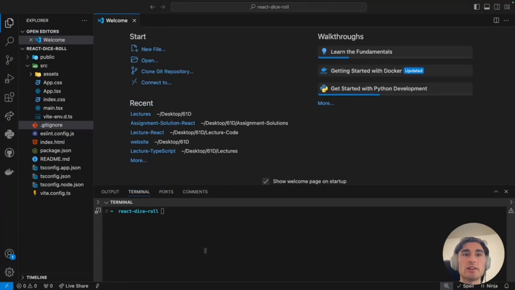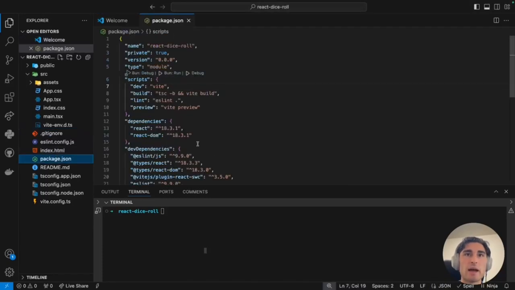Before we actually can run this project, there's a few important files that we need to understand. The first one is the package.json file. This is going to exist in any React project and basically any Node.js project. So if you're just running a backend, if you're running any other framework, something like Vue, you're going to have a package.json. So what this does is it defines what are all of the dependencies required for you to run